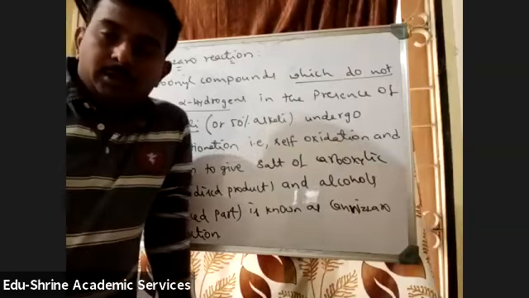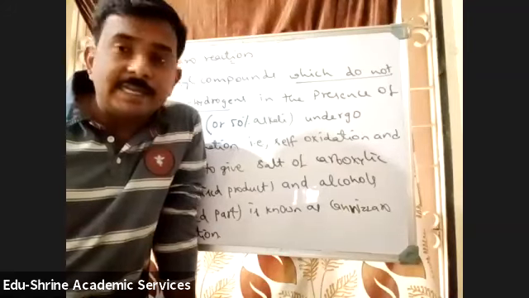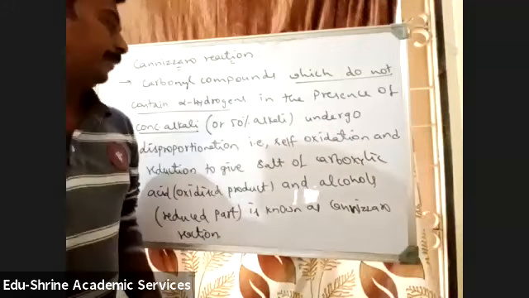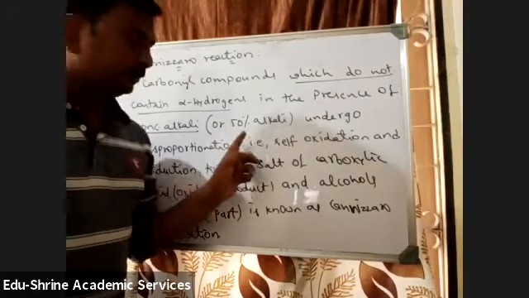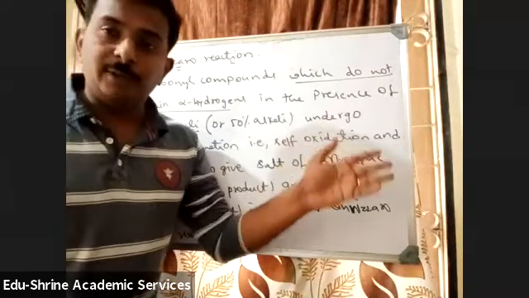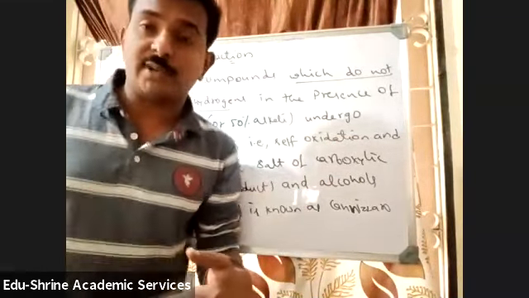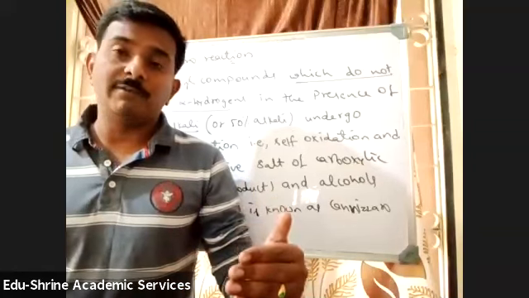Okay. So for Cannizzaro reaction, the aldehyde must not contain any alpha hydrogens. That is the first thing. So what must be the reagent? In the presence of a concentrated alkali as the reagent, products will be disproportionation products. So disproportionation means both oxidation as well as reduction. So one will be oxidized product.